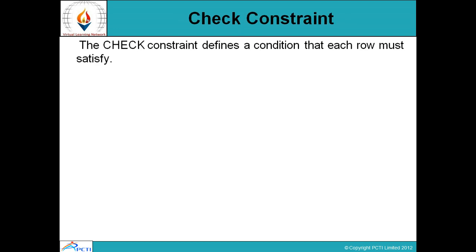Now one more constraint is the check constraint. Check constraint defines the condition that each row must satisfy. Means you are entering some data, like you are taking roll number that should be greater than